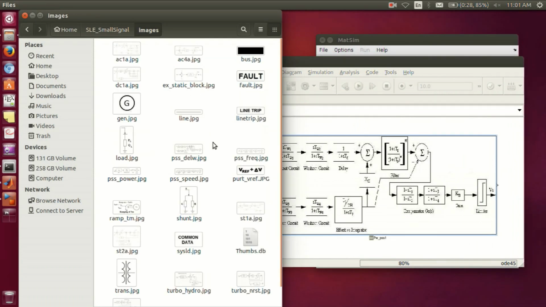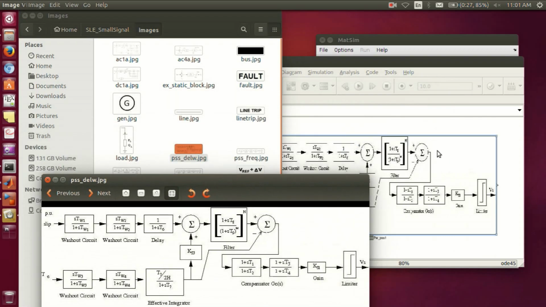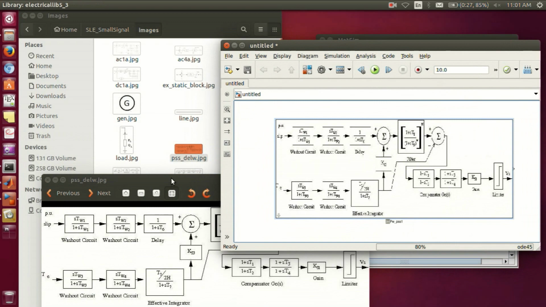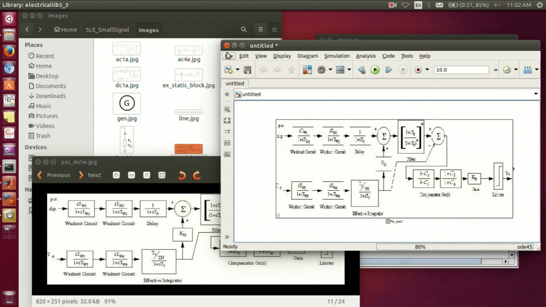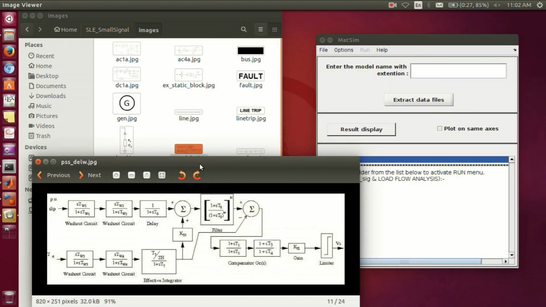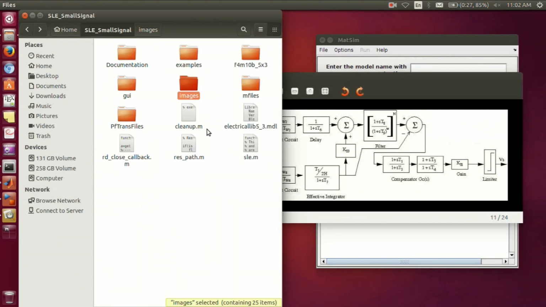This image is called from this image folder. Transfer functions are also appended within this package.